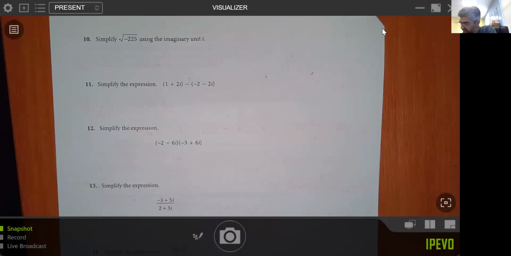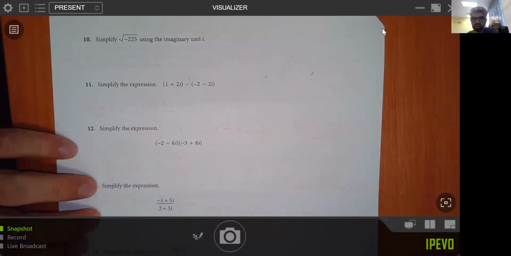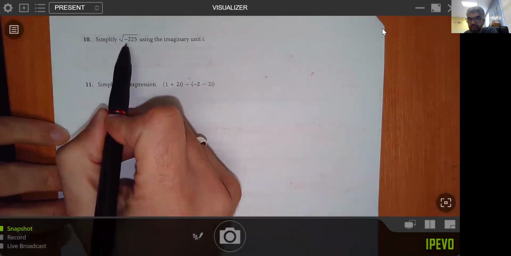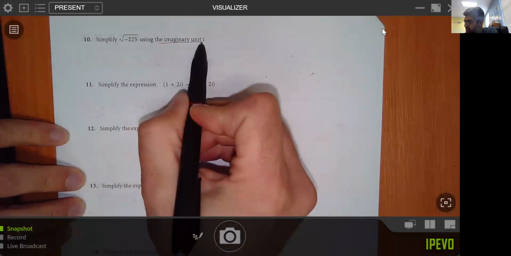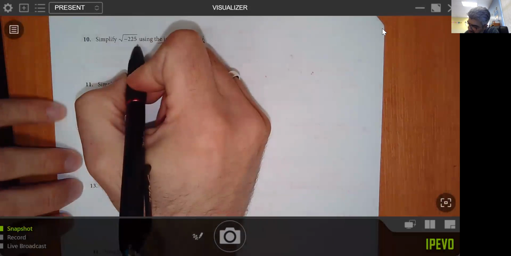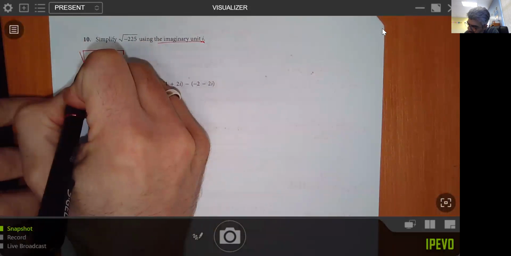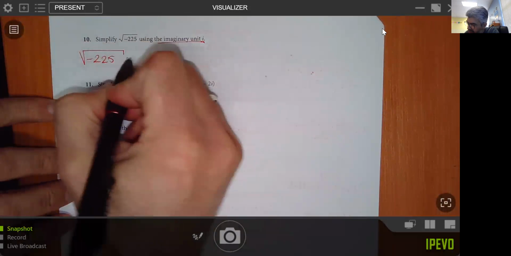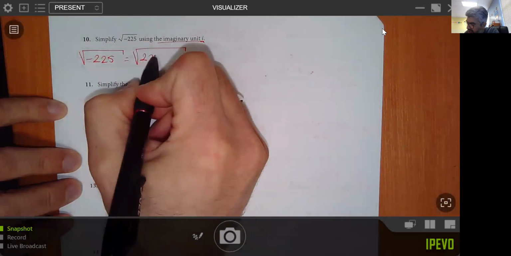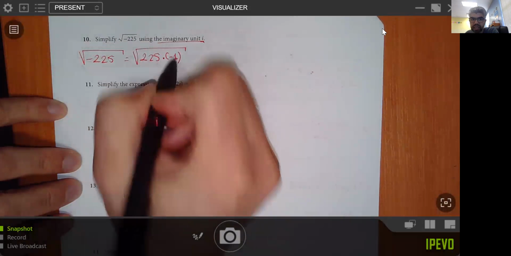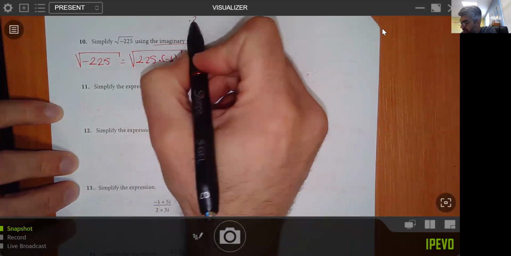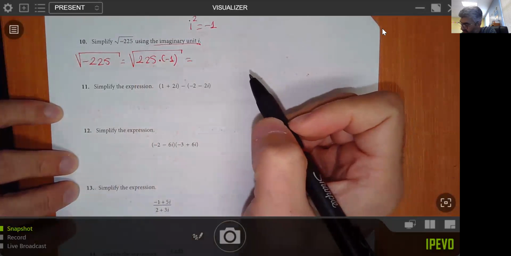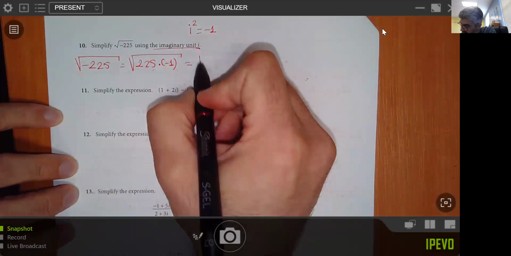Number 10, simplify square root of negative 225. Okay, what we know about minus in square root, it's about imaginary number, right? And here it says using the imaginary unit i. How can I write negative? Okay, I write it first. Negative 225 can be written as 225 times minus 1. Right, guys? This is the first step. And what do I know? i squared is minus 1. Yep. So I can write